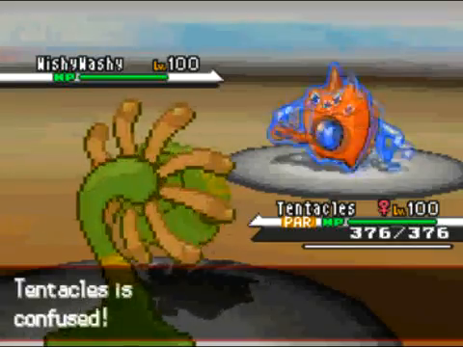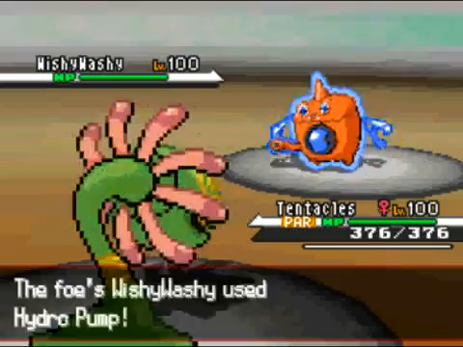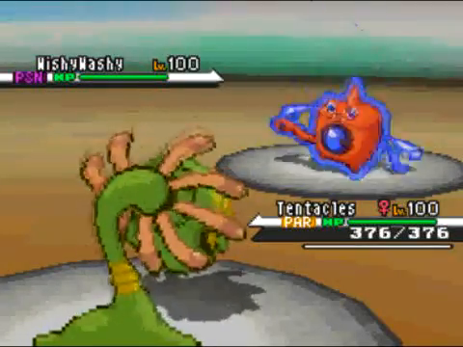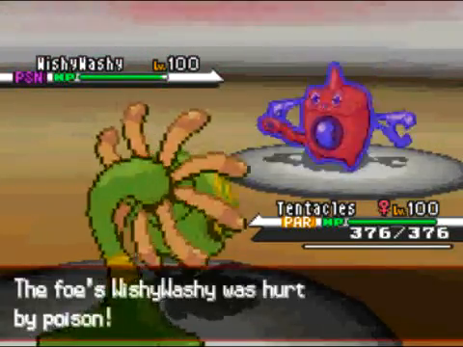I go out into my Tentacles, which is Cradily, and Cradily is a pretty awesome wall. One of my, I said it was my favorite wall. Now it's not quite as powerful as it could be outside the Sandstorm. But it's still a pretty darn awesome wall. I mean, it doesn't have as much special defense, but it can still do stuff, as you can see in